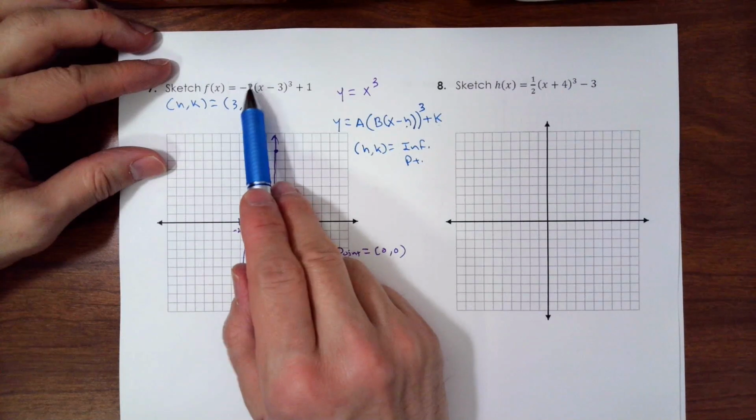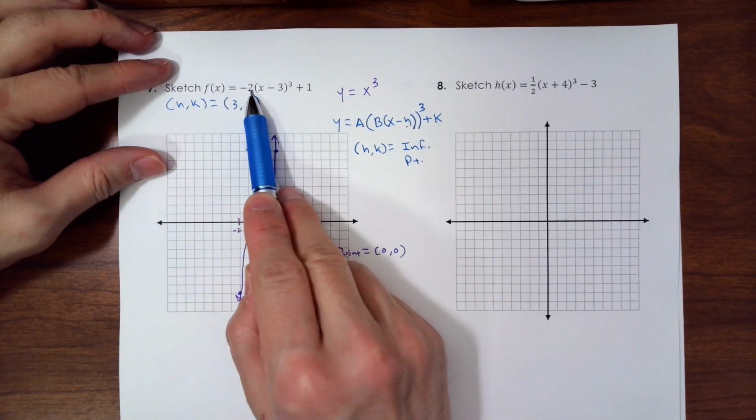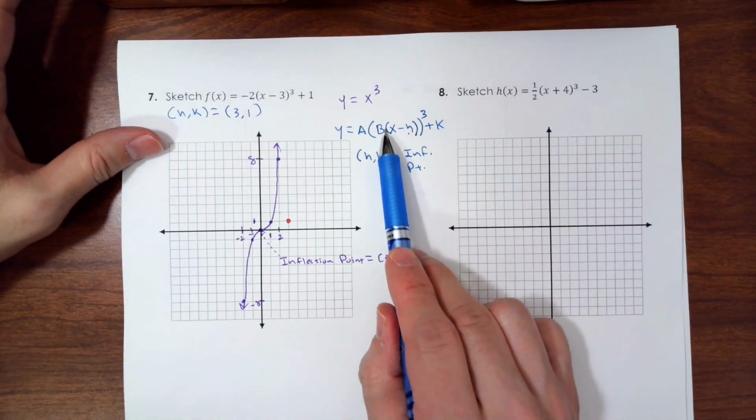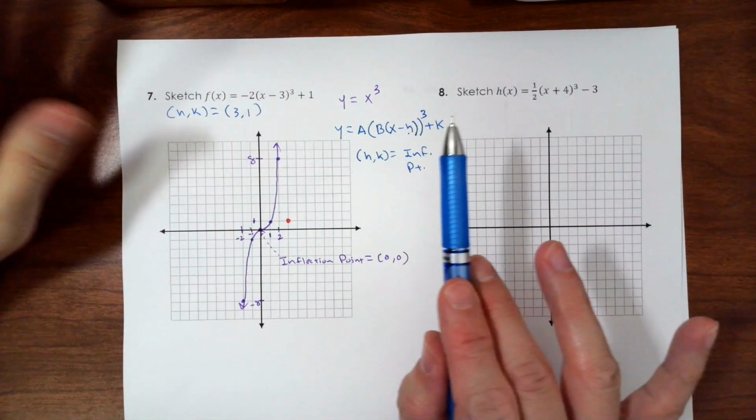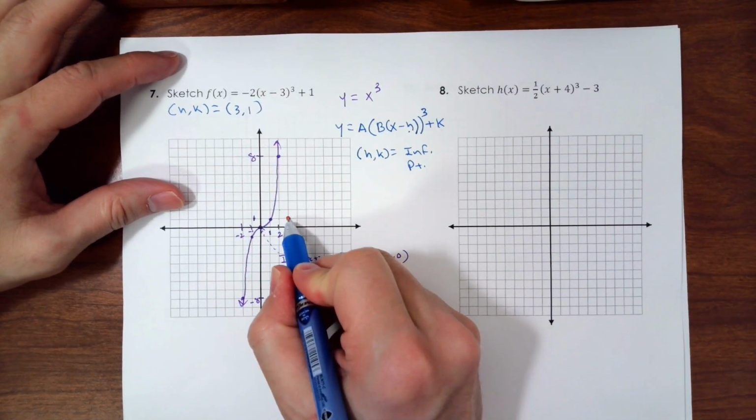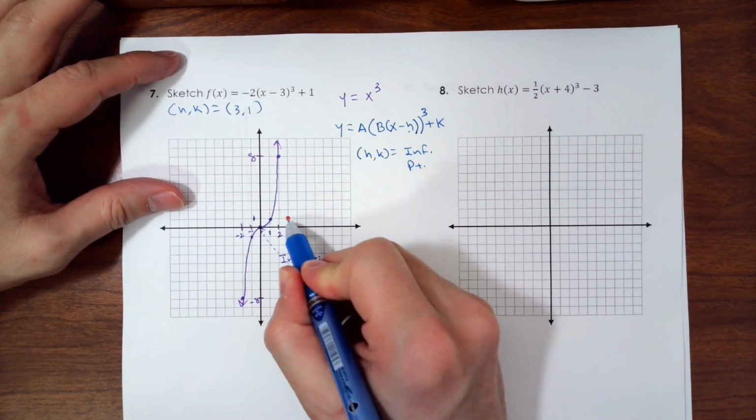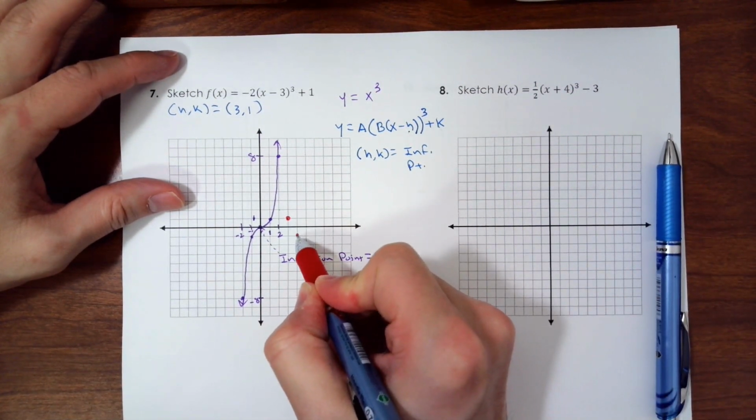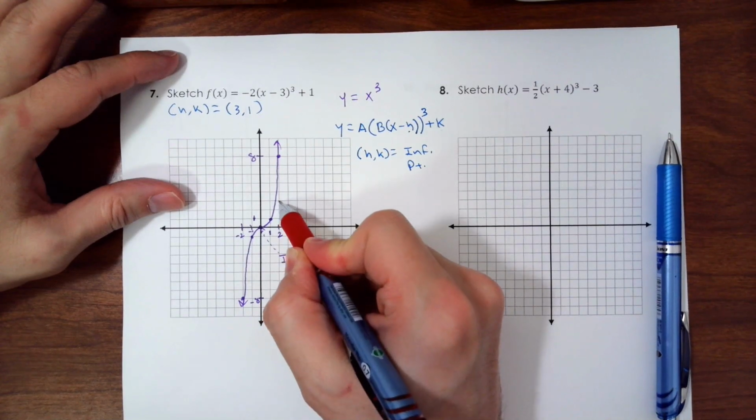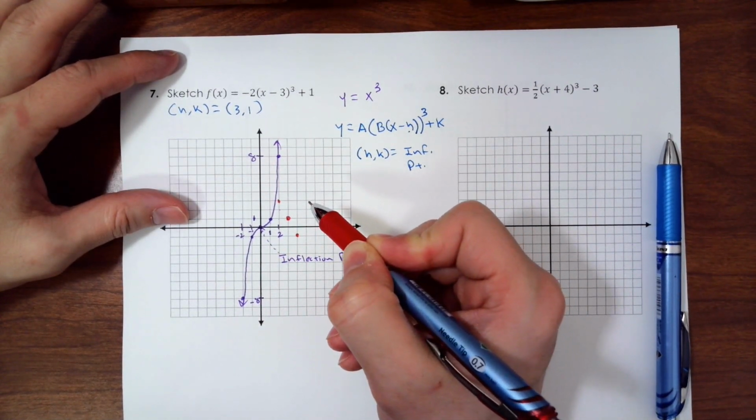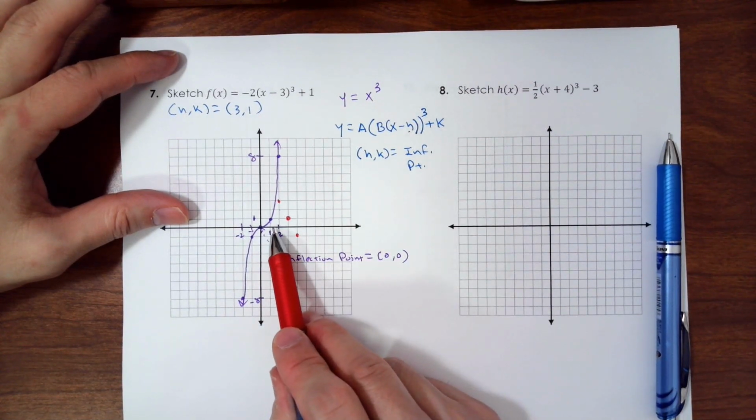Shortcut, if your a is negative 2 and there's no horizontal compression or stretch, we don't have that situation. The negative 2, instead of going over 1 up 1 from the inflection point, you're going to go over 1 down 2, over 1 up 2. That's all. And then you can sketch your